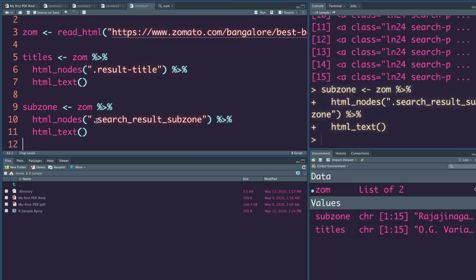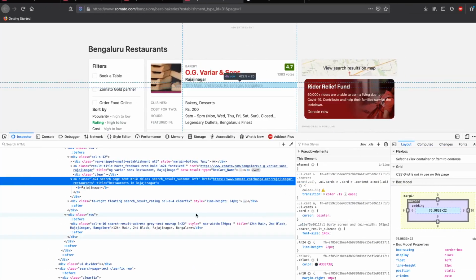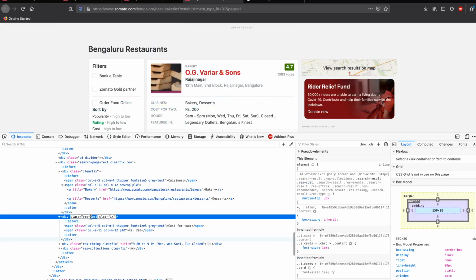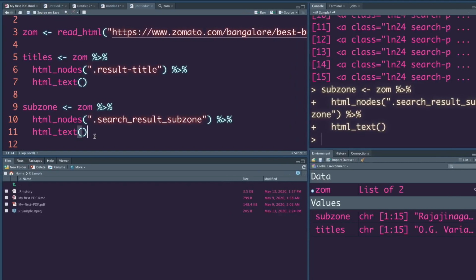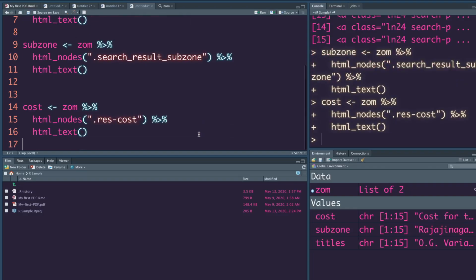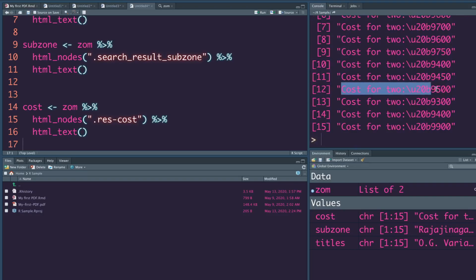And the next thing that we want to do is, let's say we want to do the cost. So we can see that we have cost here, and cost is listed under rest cost. So next is cost. We can do the rest cost. Okay, so if you see cost, it usually comes under this. So we can do a little bit of data pre-processing to fix that.